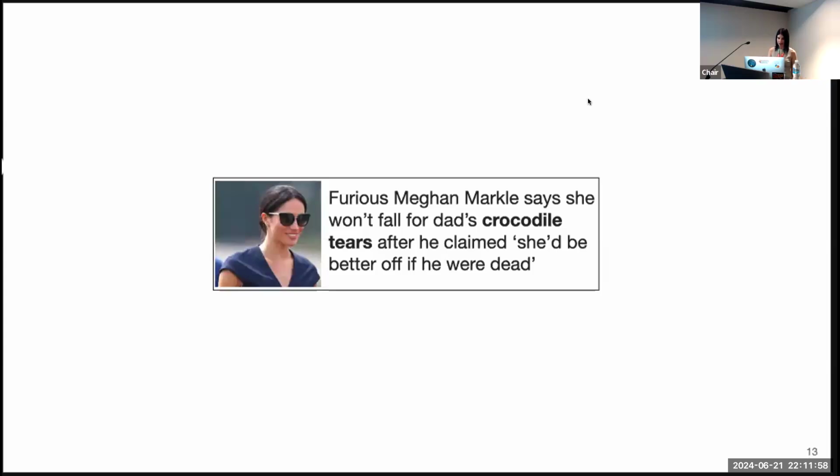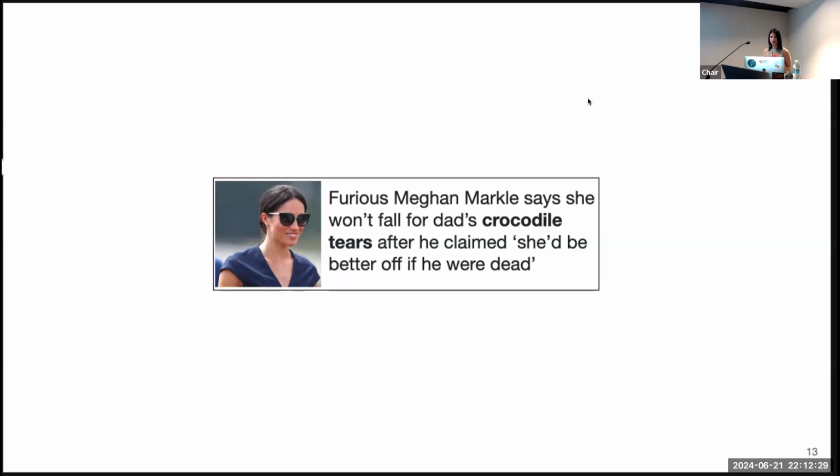Okay, so going back to this example, in this headline, let's say that a language model or a person reading this headline doesn't know what crocodile tears means. Then understanding the meaning of the idiomatic phrase is a bit trickier than just detecting that this doesn't seem like it's actually about crocodiles. For a language model or for a person to try to interpret the meaning of this phrase, they would have to do that from the context in which it appears.